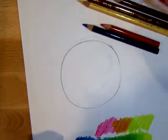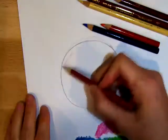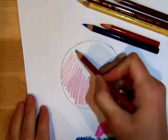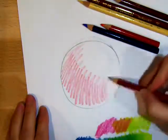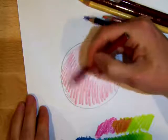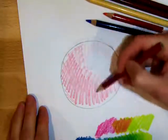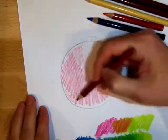And so I'm just going to take my base red color, and I'm going to start shading, and I'm going to move fast. And I suggest you don't move as fast as I am, but for the demo, I like to move a little faster so you guys aren't watching me forever do this. So if you notice, I'm really using a very light layer,